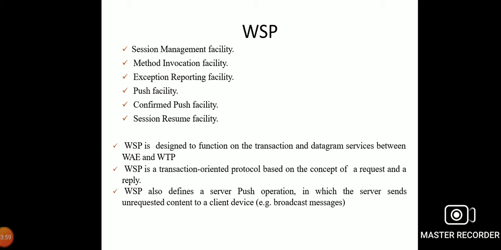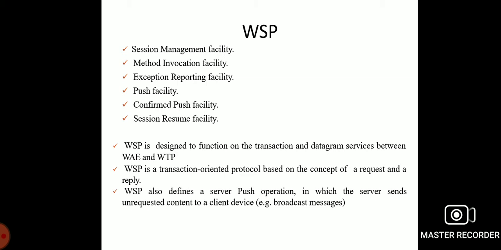Now, with capabilities negotiation, the client and the server can agree upon a common level of protocol functionality during the session establishment. For example, the parameters to negotiate are the maximum client SDU size, maximum outstanding requests, and protocol options, the server SDU size, and the content encoding.